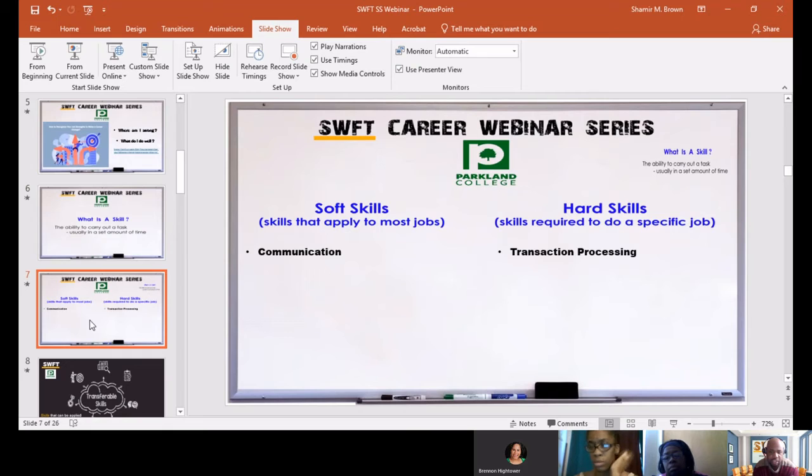So when we're taking a look at skills, we have soft skills and hard skills, but your hard skills are more geared towards things that are very specific in nature. They include things like data entry,